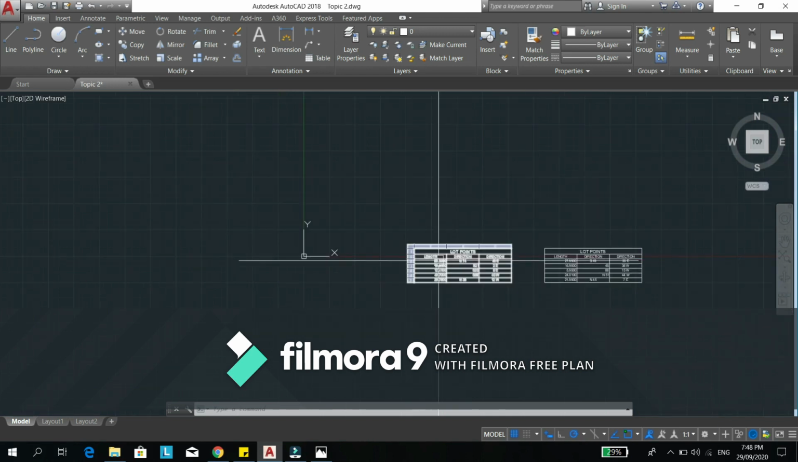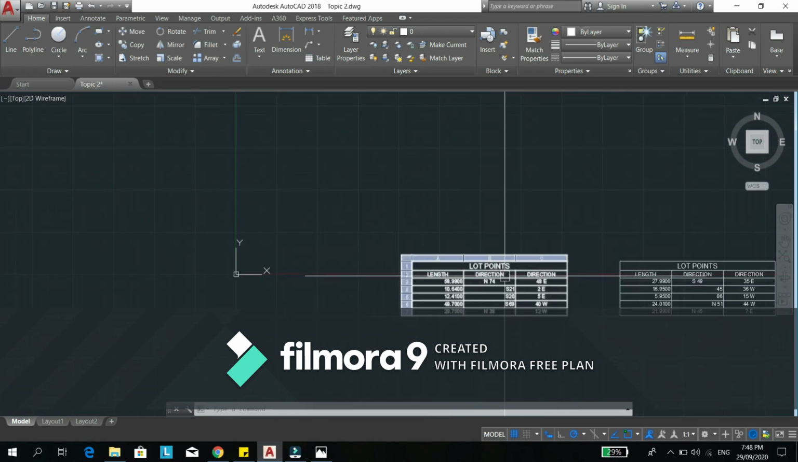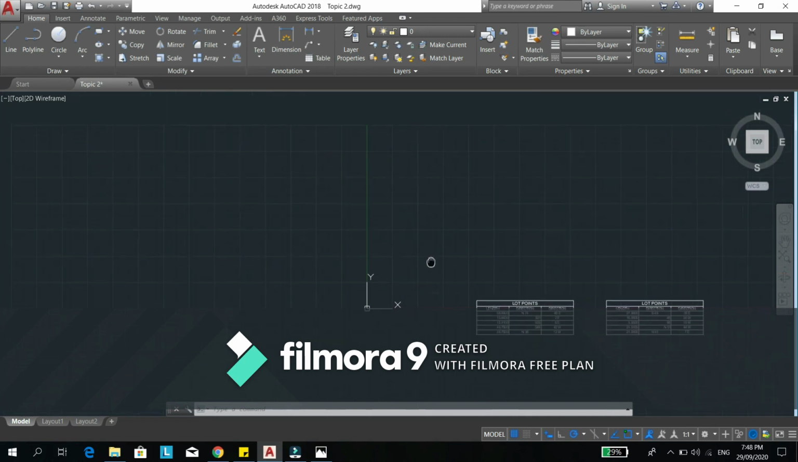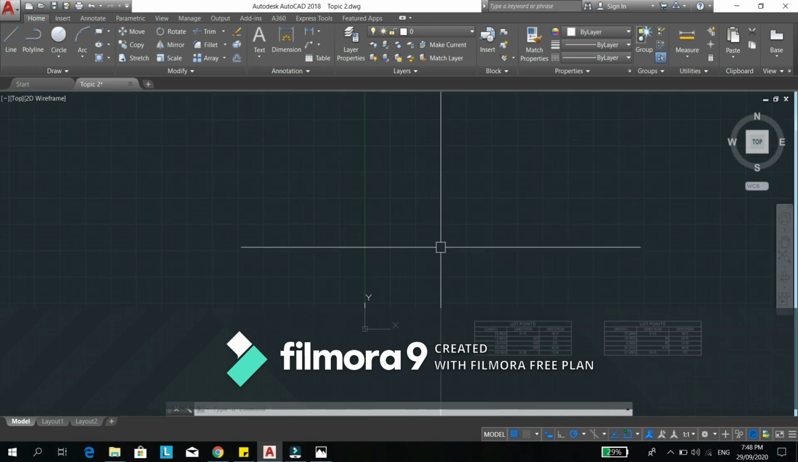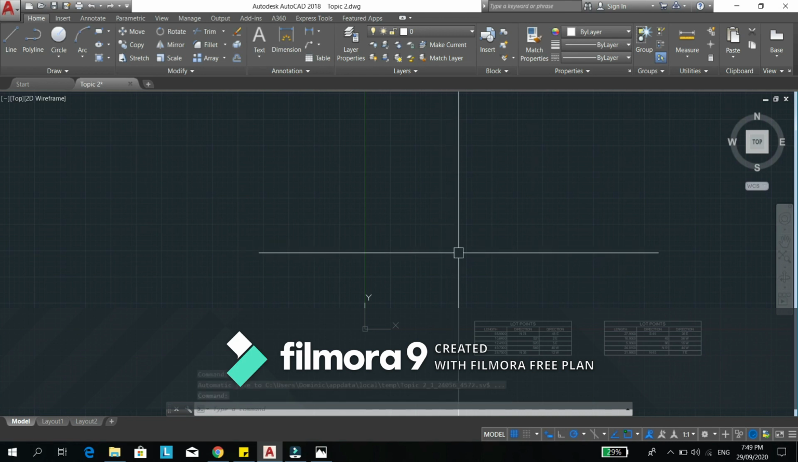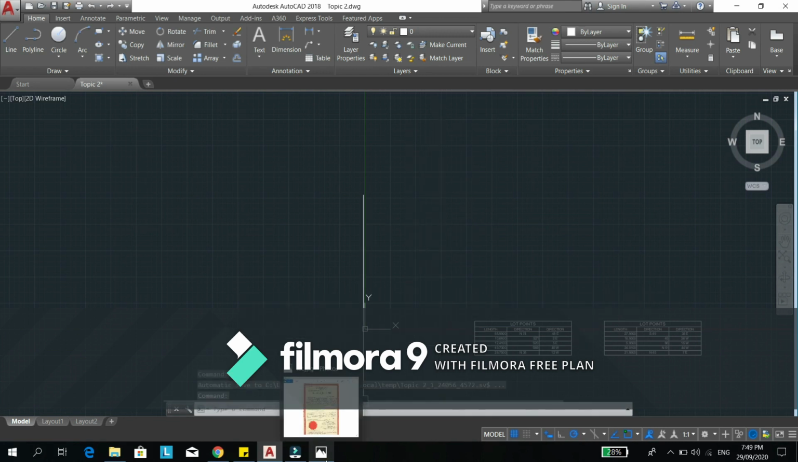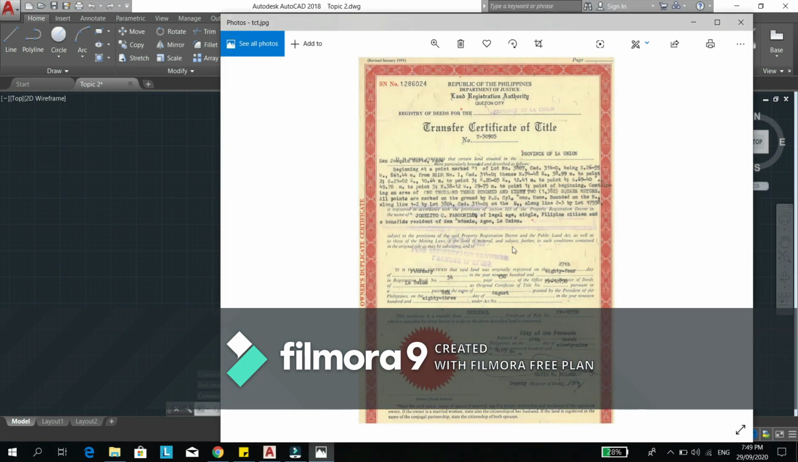So now, as you can see, we have here two tables, which indicate the lot points. So once we have our practice na, minsan we will be asked to plot a lot line or a lot plot. So first, we should be familiarized with the TCT or Transfer Certificate of Title. So TCT, this is what it looks like. So as you can see, there are magnitudes and lengths of the sides of lots. So if we zoom in,